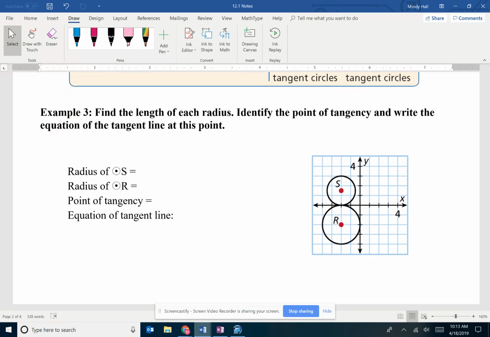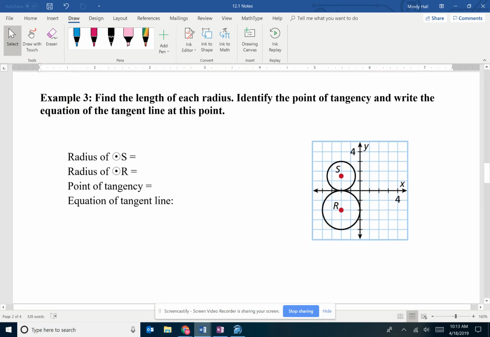So looking at this, we want to just identify some major points of these circles. If I need the radius of S, I'm looking at circle S, which is the smaller one, and you're just going to count. I have 1.5. So my radius is 1.5. For radius of R, again, we're counting. I have 1 and 2. So my radius is 2. And you can go up or left or down. It doesn't really matter. Our point of tangency is going to be the ordered pair where they hit, which would